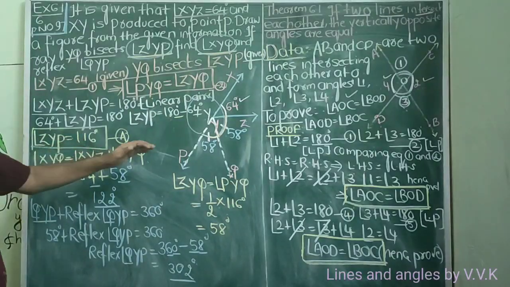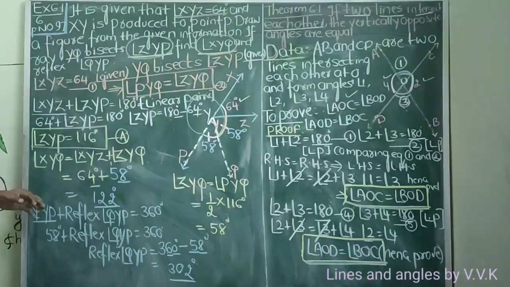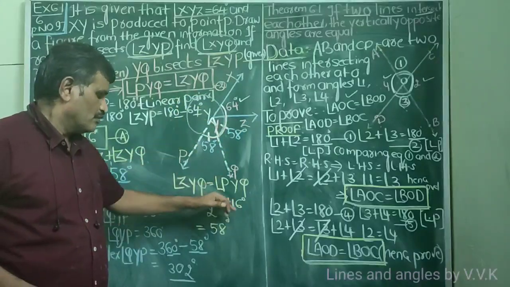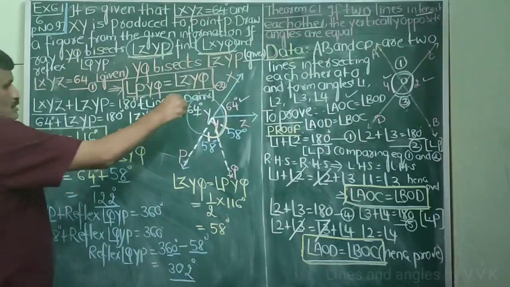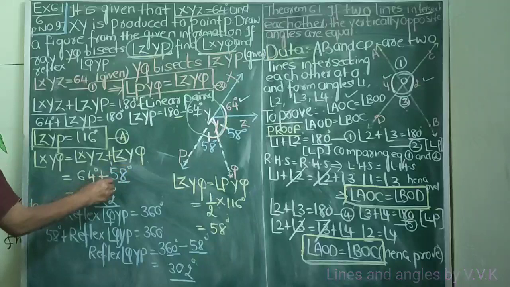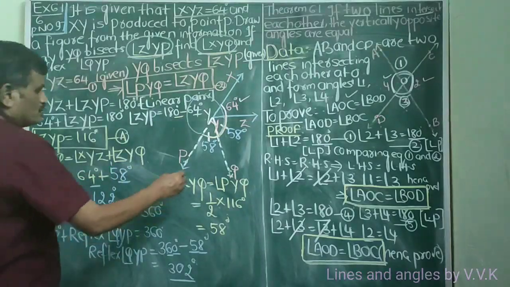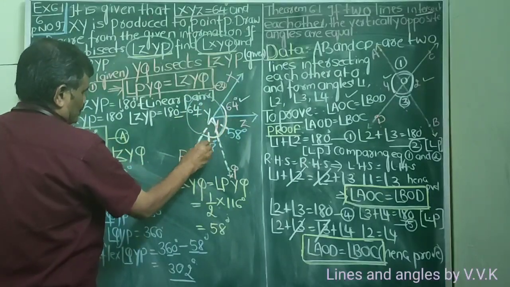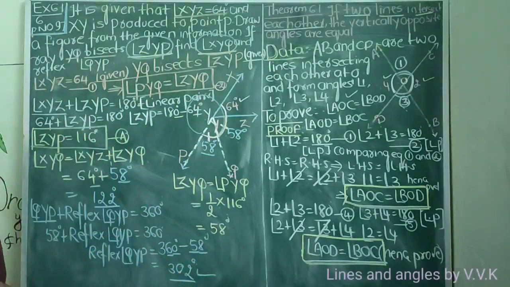So these two are equal. Because it is a bisector, ZYQ and PYQ are half, so it is 58 and 58. The next thing that is asked is XYQ, and XYQ is this angle plus this angle, and is equal to 122. You can just check the additions and all those things. Now once you get this 58, then reflex of 58 plus this is 360. So this is 58, so reflex of this is 302. So I hope you understood the problem.